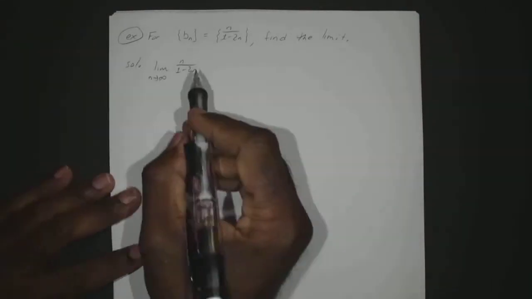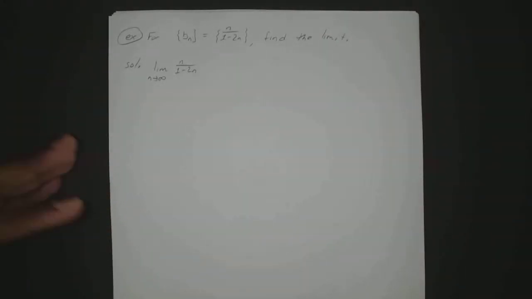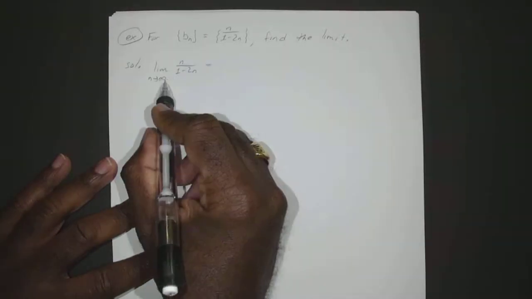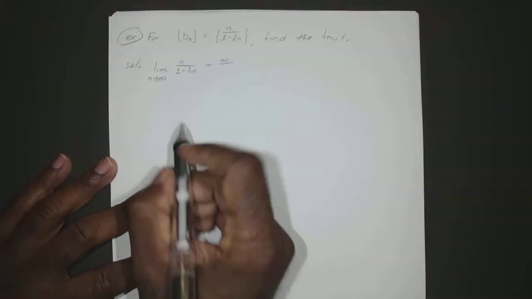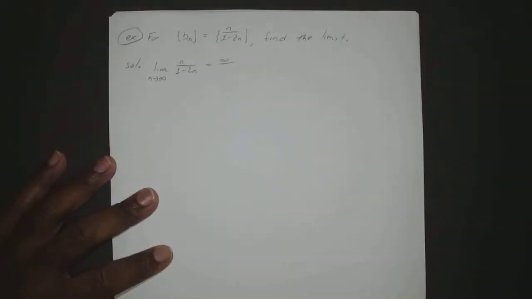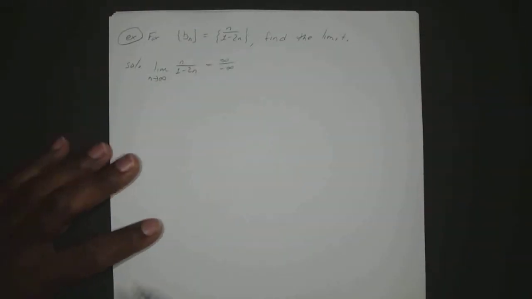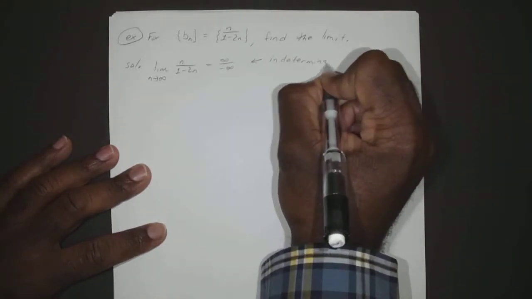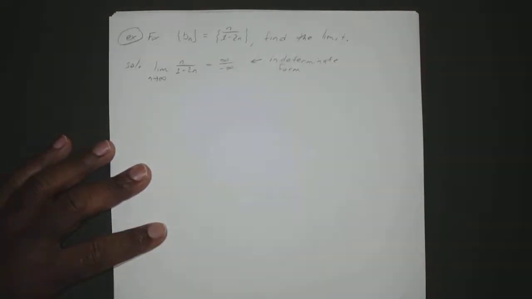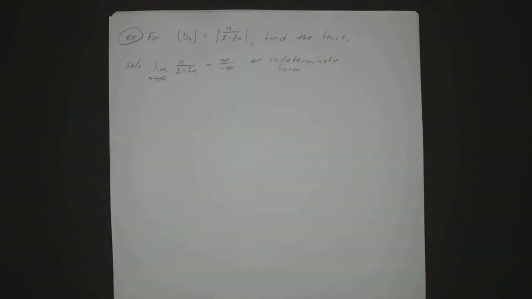Okay. So if you remember from Calc 1, for limits to infinity, whenever you end up with infinity over infinity, you can do one of two things. You can apply L'Hopital's rule, or you can divide every term by n. Either way, you get the same answer. If you used direct substitution, you'd plug in and get infinity on top, and on the bottom negative 2 times infinity is negative infinity, which is an indeterminate form. So we just apply L'Hopital's rule.